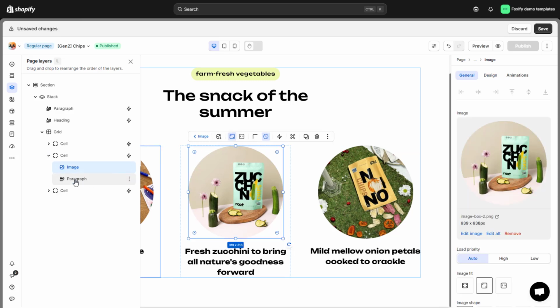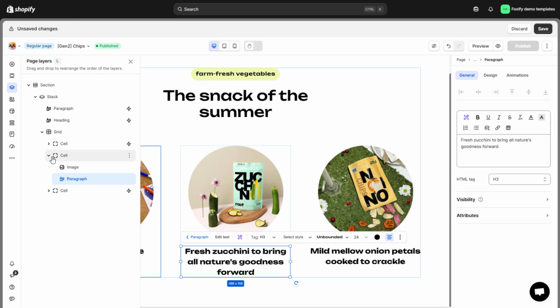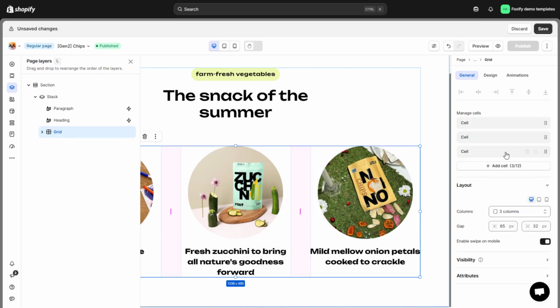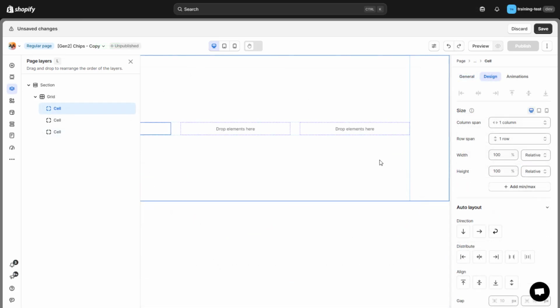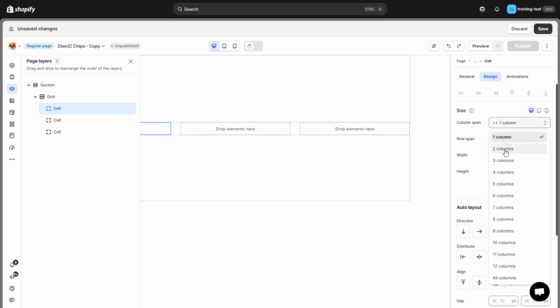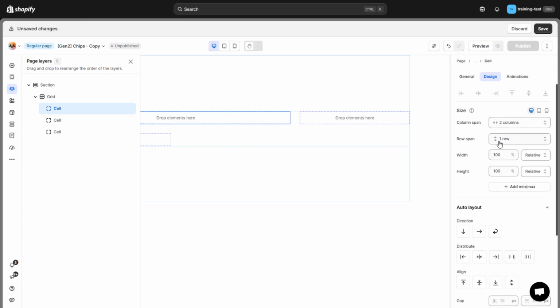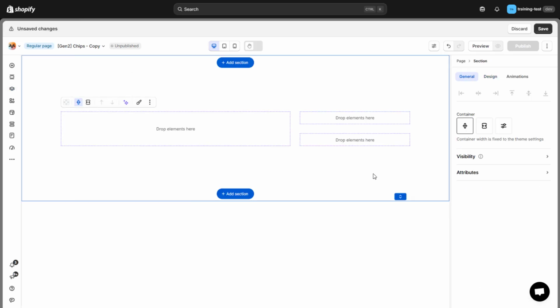A single grid block can include up to 12 cells. This gives you the freedom to create anything from simple two-column layouts to complex, magazine-style designs. To customize your layout, adjust the column span and row span of each cell. This controls how much space each cell takes up, perfect for creating dynamic and creative layouts, like the one we're